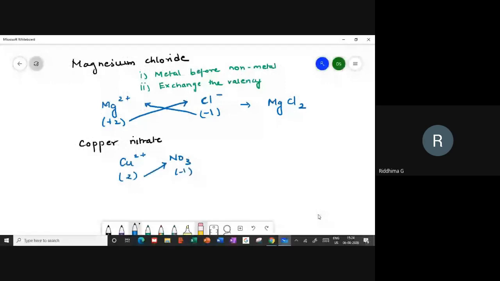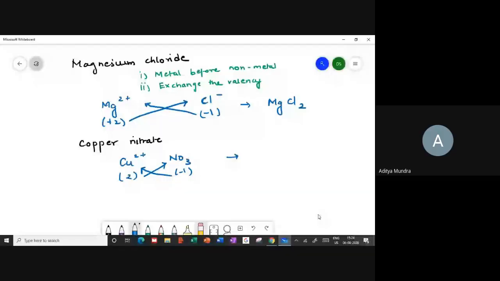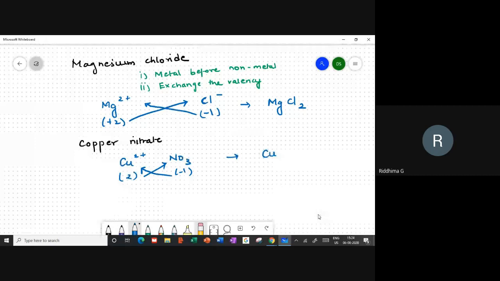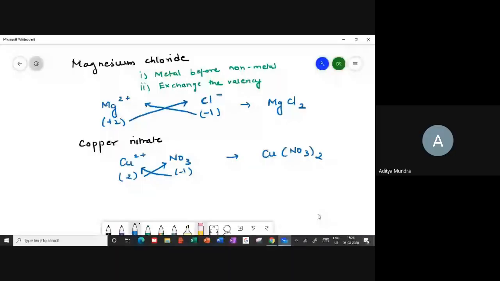Or do they ask you questions to show this diagram of exchange? Yeah, miss, in the homework they asked us. Okay, then fine. So this will be Cu, and because there's already a subscript for oxygen, O3, NO3 will be written in brackets, and then this is the formula for copper nitrate. Miss, in exam this may come. Yeah, but they might not ask you to show the exchange of valencies. They'll just directly ask you to